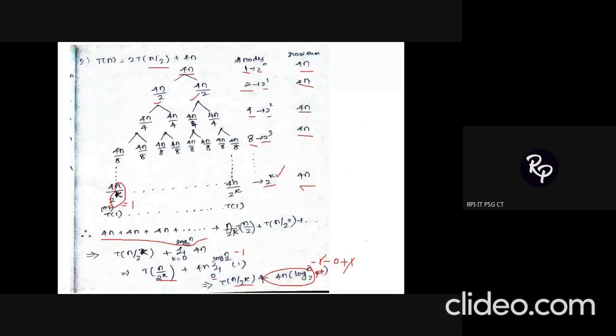Any doubts in recursion tree method? This is easy. The only thing is that you should know how to do the tree calculation. So how to split the tree. So say for example, I'm given with my a value, b value as 3. So I'm given with the equation like 3T n by 3. So what happens over here is I will be having 3 nodes. So this is going to be the equation.